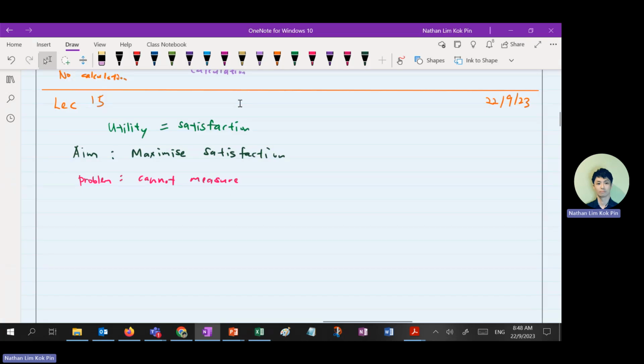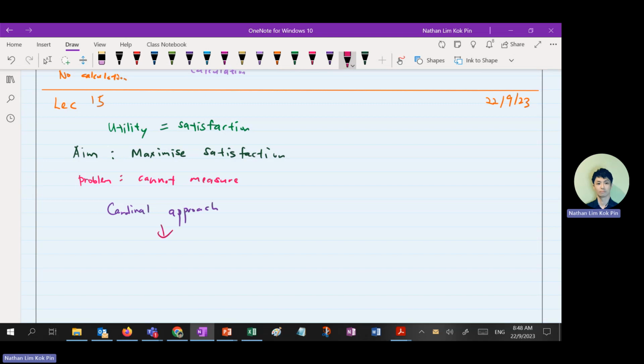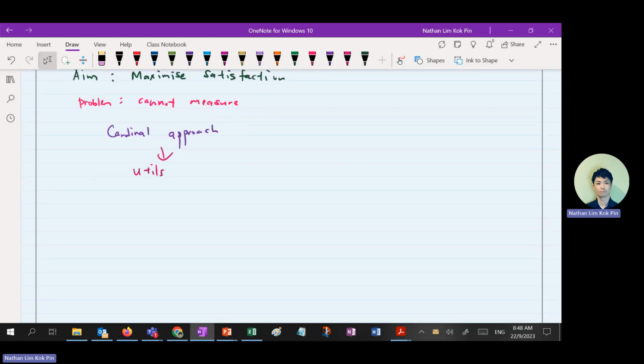Okay, so we come up with something to measure. There are two approaches to measure. Unfortunately, after that, they found that the second approach, the new approach, is not to measure. It's just to rank the order. So only the first approach can be used to measure. The first approach that we use to measure is the cardinal approach. In the cardinal approach, we use utils to measure. And for utils, after that, we found that they are subject to the law of diminishing marginal utility,